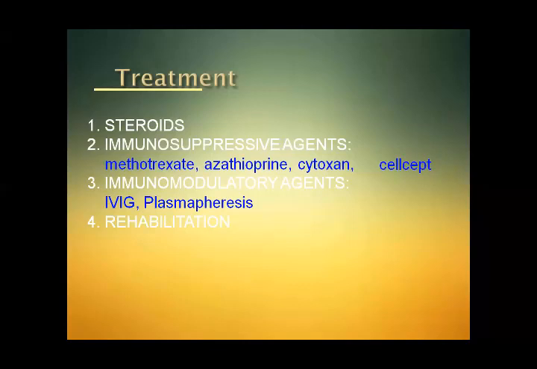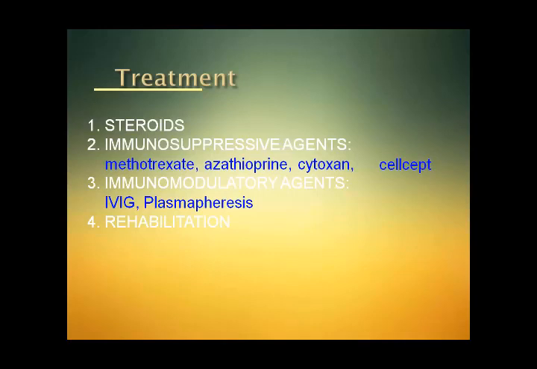And what are the options? Because it is an inflammatory disease, and sometimes an autoimmune related disorder, you go for anti-inflammatory drugs and immunosuppressive agents. Anti-inflammatory drugs are very common. Steroids are used as anti-inflammatory, and immunosuppression with immune modulating drugs like methotrexate, azathioprine, cytoxan, and calcium can be used. Among immune modulating therapies, you can give IVIG immunoglobulin or even sometimes plasmapheresis.